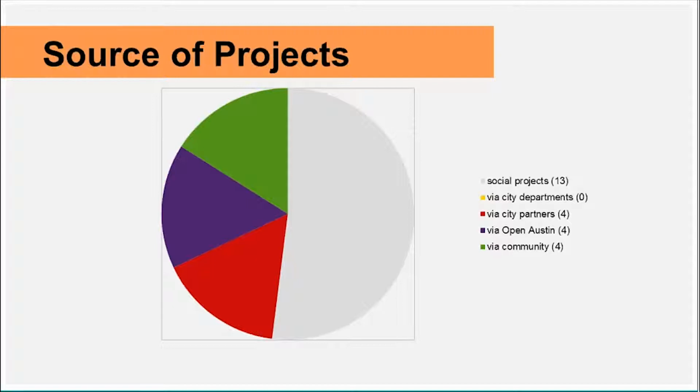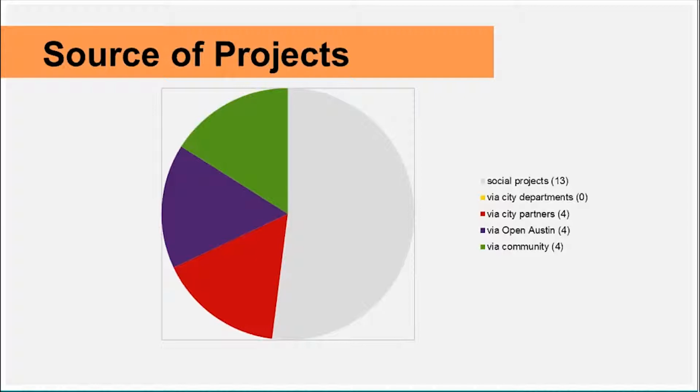Great. So I thought it would be instructive to do a bit of a data dive looking into where our projects came from and what the outcomes for these projects are. I was hoping that by looking at this information, it would be instructive in terms of what worked, what we need to do more of in the future, and things we may want to adjust. And so I'm going to be focusing here on the Civic projects, not that we don't love all of our little projects, but Open Austin's focus was on trying to bring these Civic projects to the event and hopefully shepherding them forward to success.